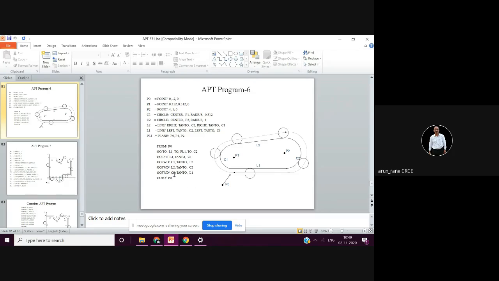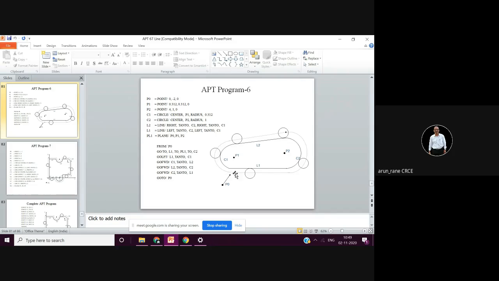So here there is a mistake, because in the beginning we say go to L1 to PL1 to C2. Hmm. So directly, no, there is no mistake. Because in the beginning go to L1 to PL1 to C2. That means the cutter is going to reach at this point, and then from here it's going to machine.